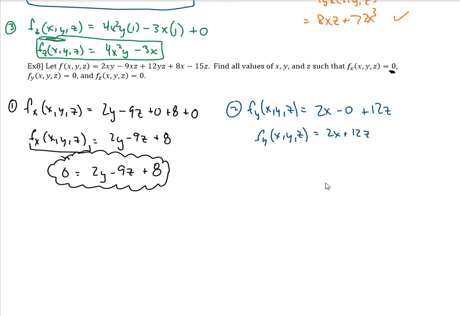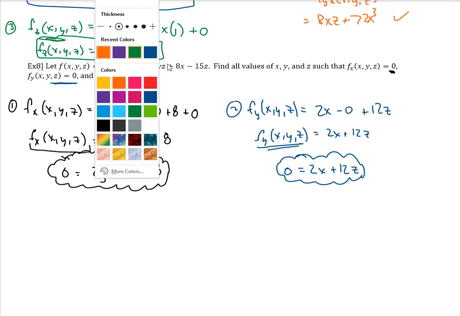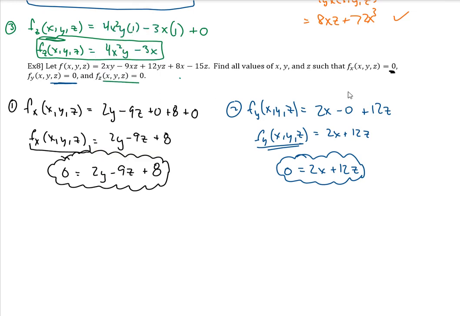And then they say set this equal to 0. So 0 equals 2x plus 12z. And let's cloud that. Okay, and then the last one, let's do that in green. So the last one is, let's get the partial derivative. Step 3 here, with respect to z